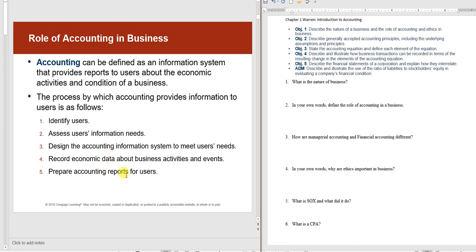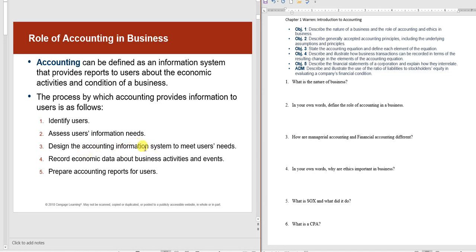So for instance, many of you have organized fundraisers or participated in fundraisers. So let's say that we had a fundraiser because we wanted to take a band trip to Washington, D.C. Okay, so we are going to sell pizzas to raise enough money for the band trip. So basically what we need is information on how much that band trip is going to cost and information on how much we're going to sell our pizzas for. And so we're going to design our accounting system to keep track of costs as we go along and also the revenue from the pizza sales, and we hope in the end we make a profit.